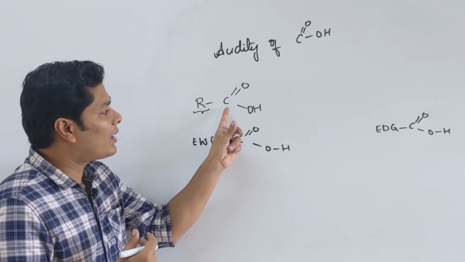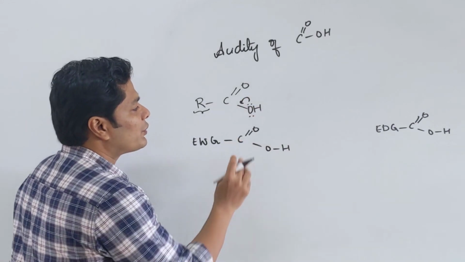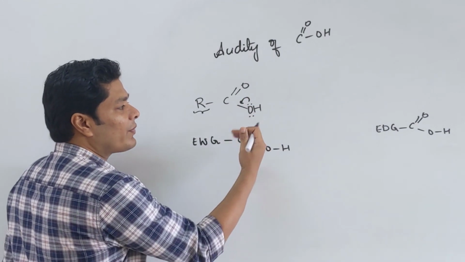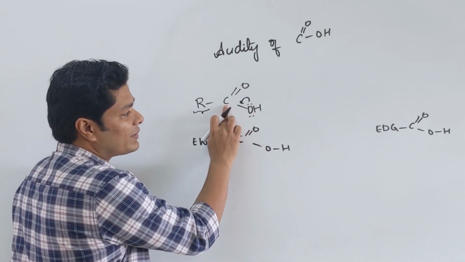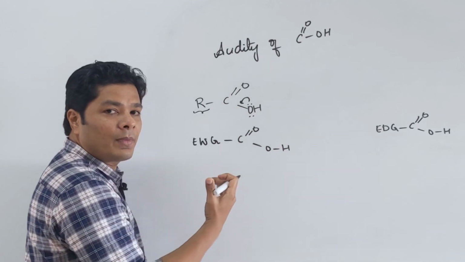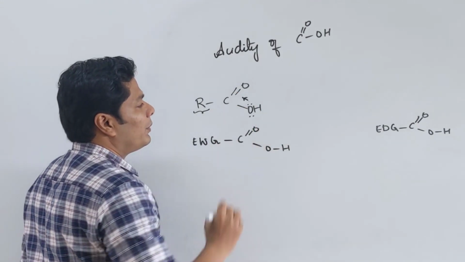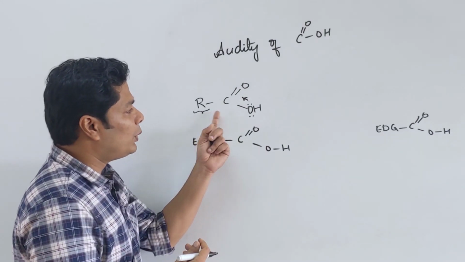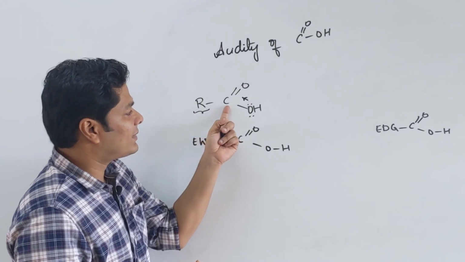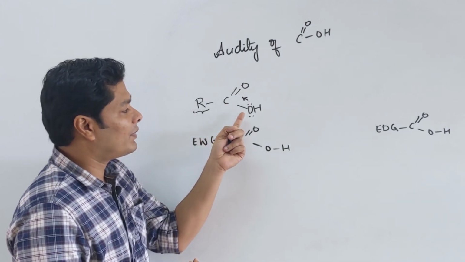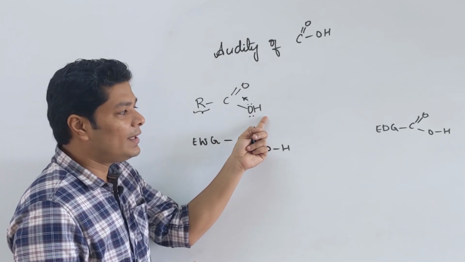Imagine that the oxygen wants to donate electron so that it can take electron away from your hydrogen. It donates inside. The more the electronegativity of this carbon, the more this can happen. It's better not to put it this way, better put it this way. So, the more it is able to pull, the higher the acidity will be. But what if it is an electron donating group? It is enriching this carbon, meaning this carbon cannot take electron from oxygen, meaning this oxygen cannot take electron from this hydrogen. So, acidity decreases.